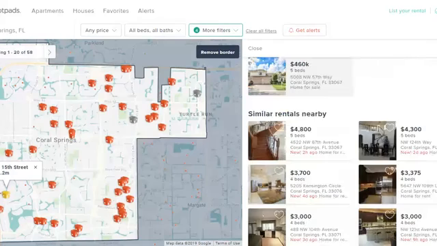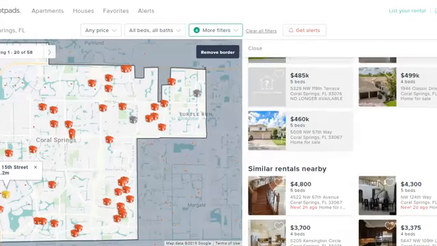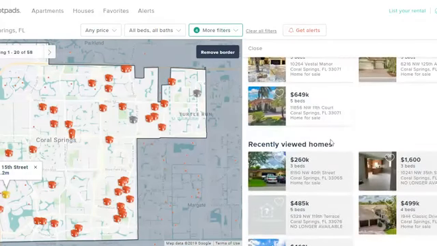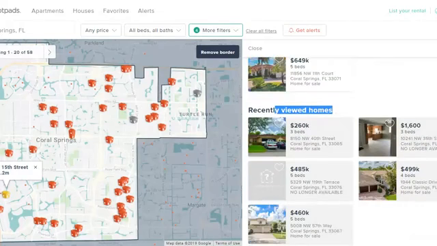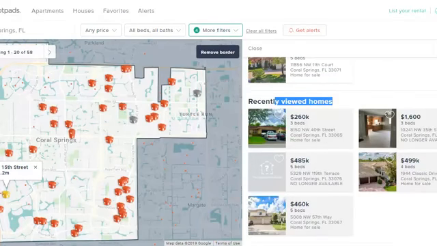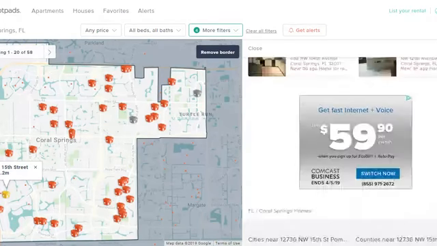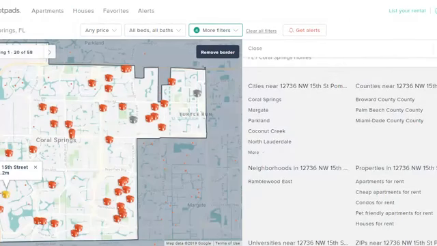Here it'll show you the recent ones, say if you forgot a property you were looking at, it'll show you your recently viewed homes right here. But you want to save it using this heart up here, to come back to it. And again, you scroll all the way down, you can go into Miami-Dade, you can go into